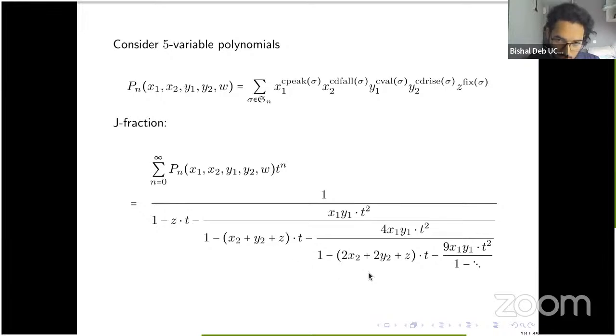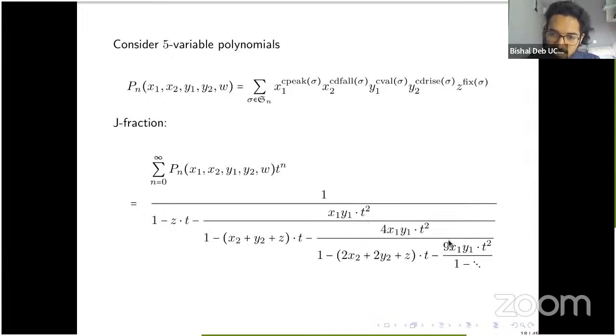And the coefficients of t over here are contributed by fixed points, cycle double rises, and cycle double falls. And you can say, okay, this is good. We've made some progress. Let's try and prove it. I'm not going to go into the proofs for these. This is good progress, but then maybe we are a bit more greedy, and we want to understand